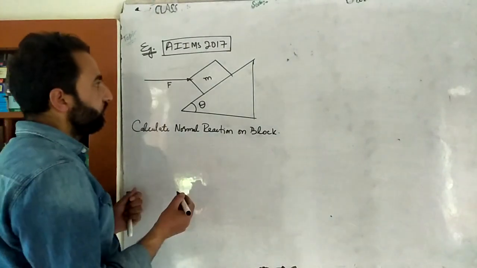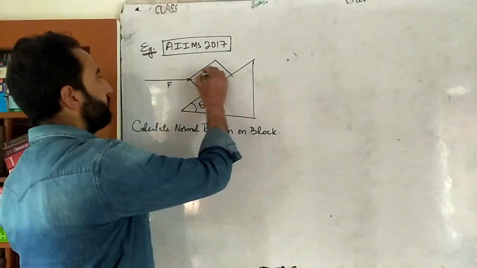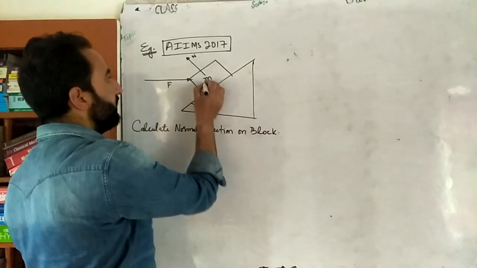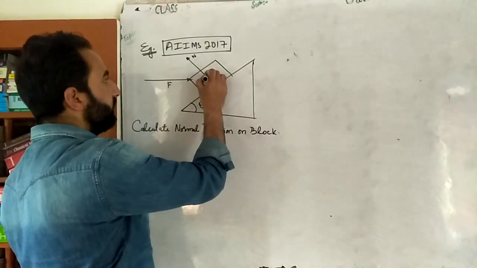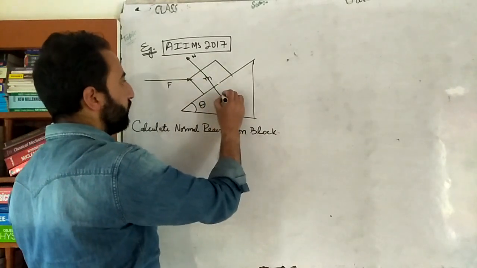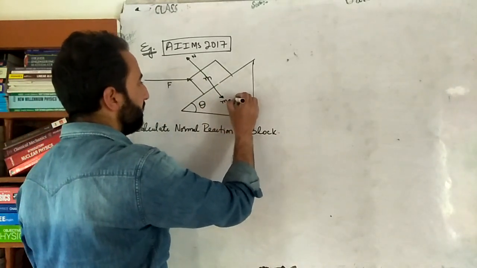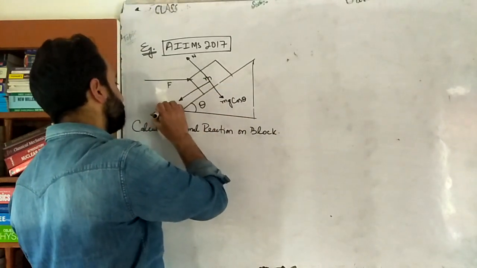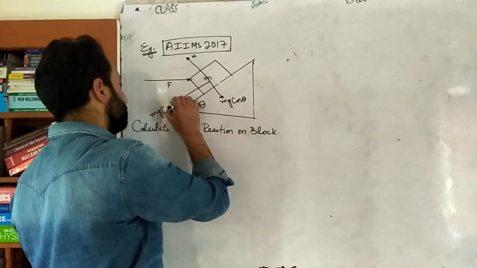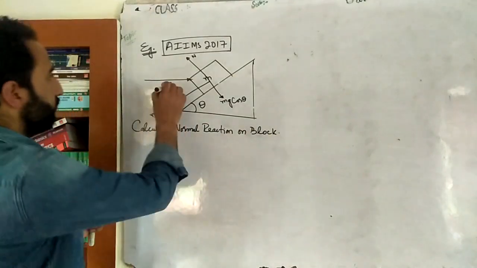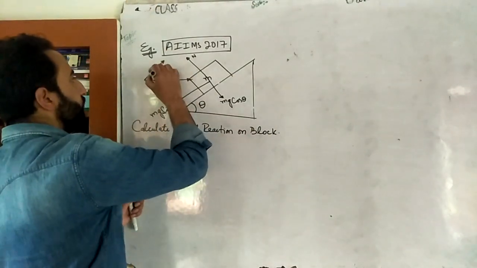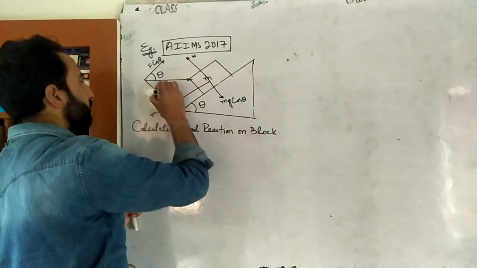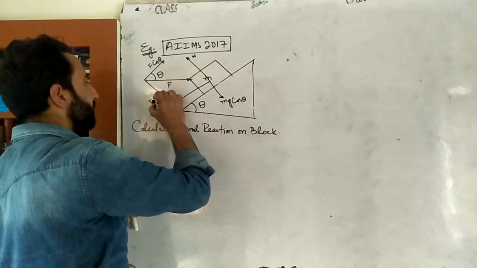Okay. So how many forces? Again, three different forces: external force, normal reaction, weight. Weight will be in this direction. Now there are two components of weight. One component along this direction. How much is that? Mg cos theta. Another component in this direction. How much is that? Mg sin theta. So let's resolve this F. So this is theta. So this will be F cos theta, and this force will be F sin theta.